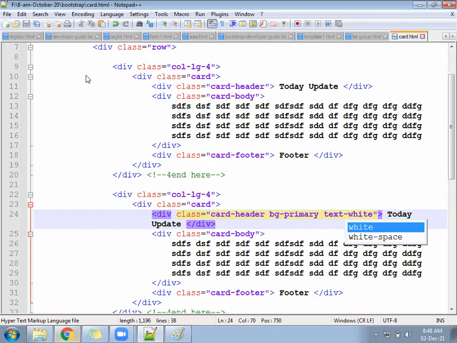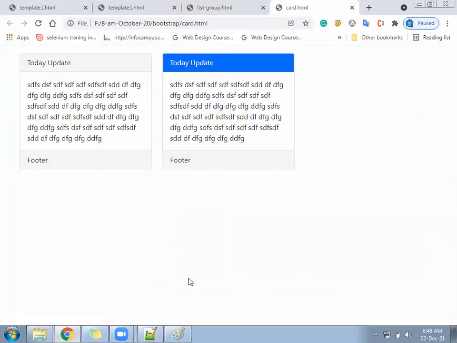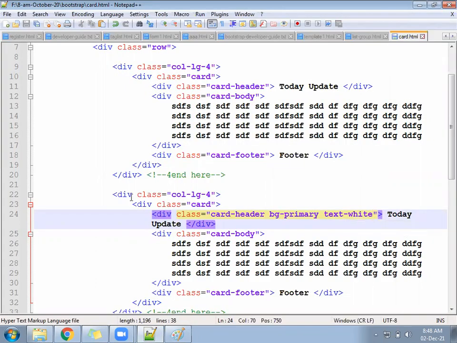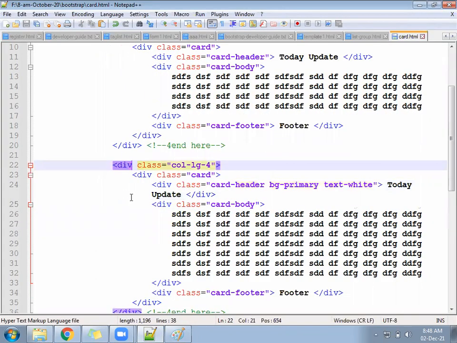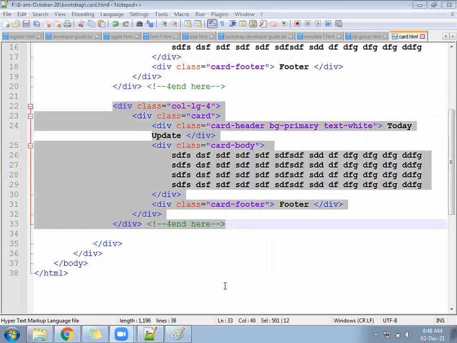Getting the blue color? Correct? Yes, no, tell me. Yes, no reply should come. Are you getting the similar block or is it going overlap or here and there? Col-lg-4, I can share it with you in the chat. Col-lg-4 is shared in the chat. Complete col-lg-4 to col-lg-4.